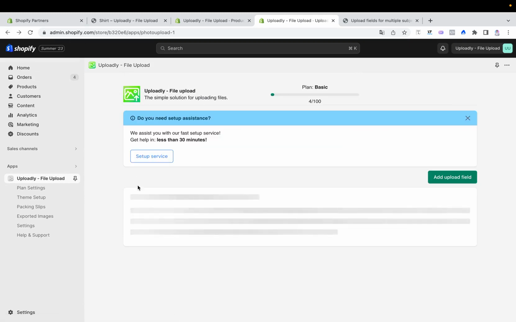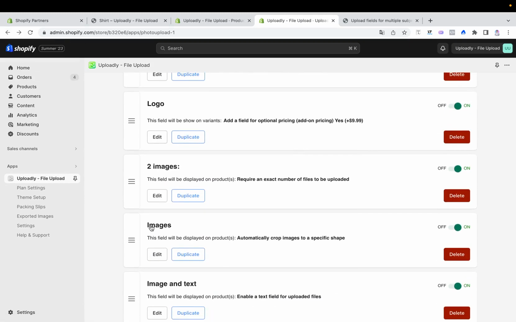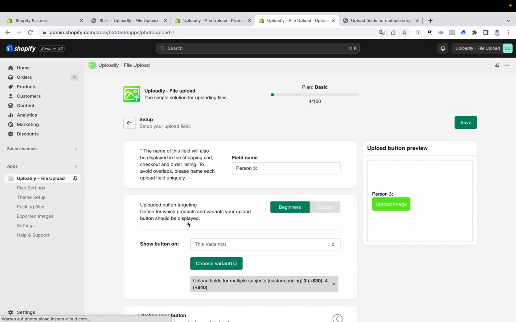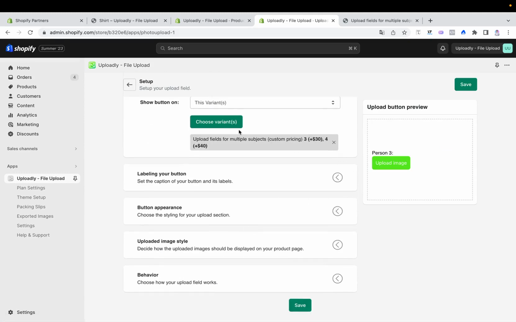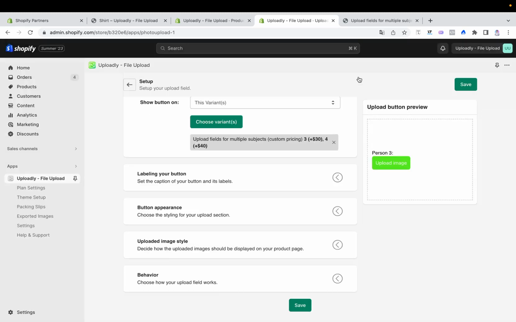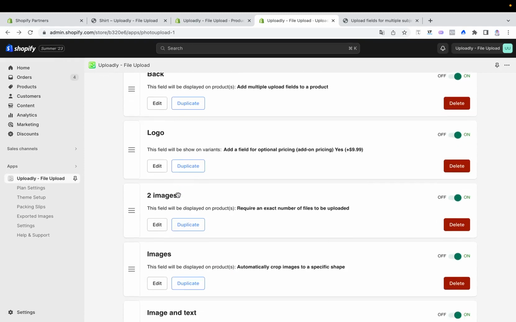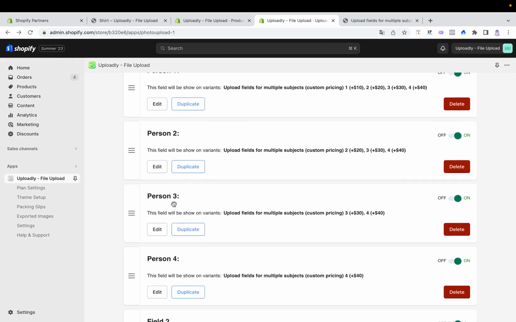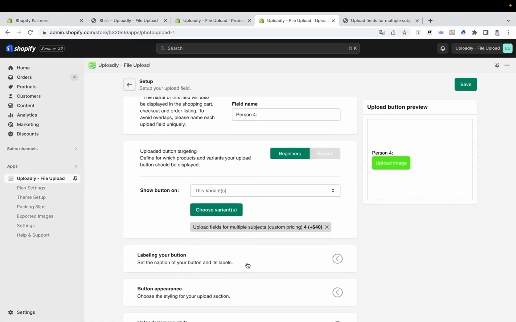For example, person number 3. Person number 3 just has to appear on 2 variants. Let me show it to you. 3 and 4. And the last one, person number 4. So all of them are separate upload fields. Has to appear for